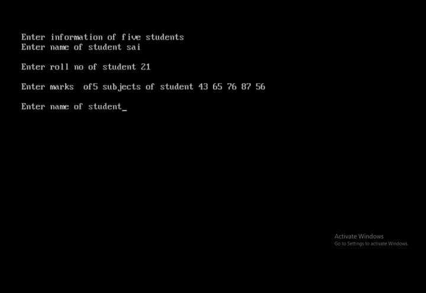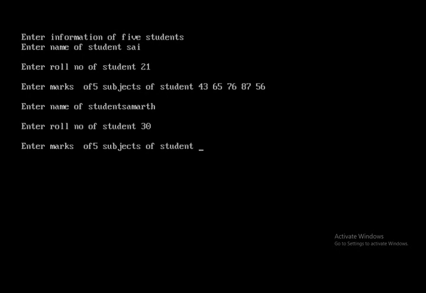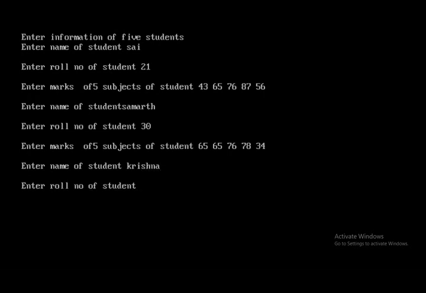Next, again it will ask for the name of the student. This will be the second student. Suppose the name I am giving is Samarth. Roll number is suppose 30. Again enter the marks of 5 subjects for the second student. Next is enter the information of the third student. Suppose the name is Krishna. Roll number of the student is 45. Marks are